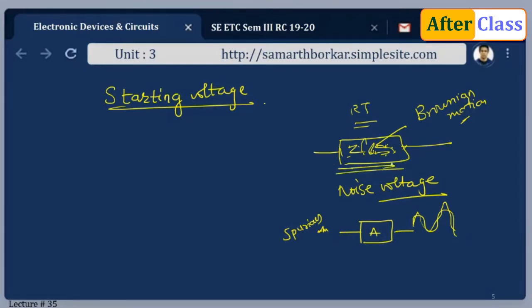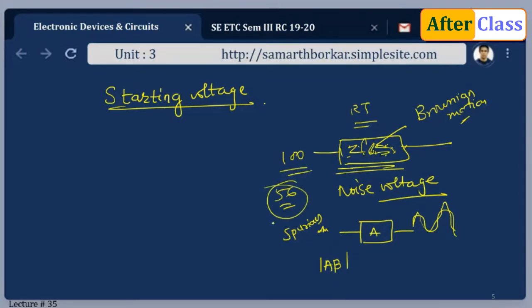Such noise voltages present across the resistors are amplified. Hence, to amplify such small noise voltages and to start the oscillations, AB has to be kept greater than unity at the start. We don't have to look specifically here. As I said, the transistor gain has to be 56. So even if I take a transistor with a gain of 100, as long as it is greater than 56, my conditions are met.